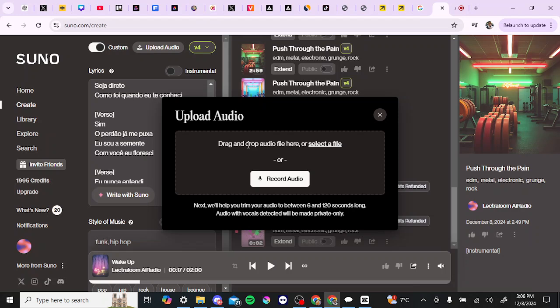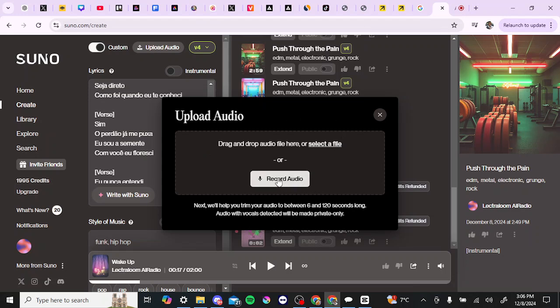And right now, with the lower versions, I believe it's a limit of 1 minute. However, with version 4, you can actually add up to 2 minutes. And usually the way that I do this is I try to have a verse and a chorus at least. If you can fit more in, then you're going to get more refined results. But at the very least, if you get your verse and your chorus in there, then what you can do,